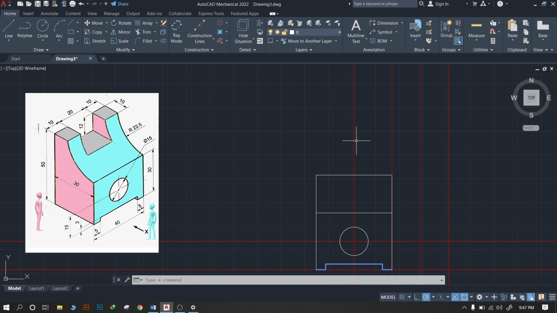For that I will use this reference line for the offset. So we will take the 10 mm offset of this reference line or construction line on the left side. Also we will take this center line on the right hand side. So we got the 20 mm length of the slot.